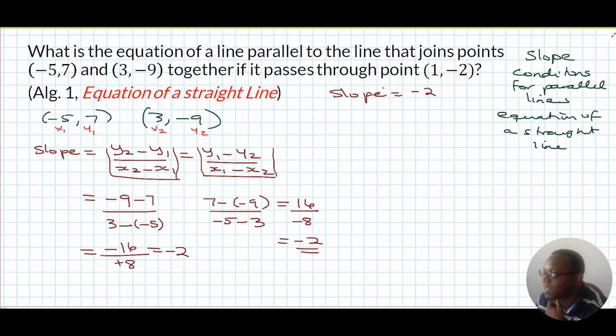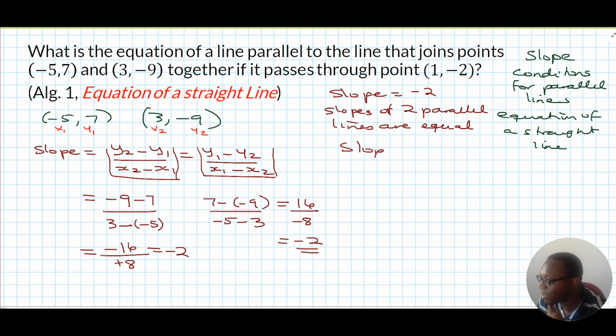Now we need to ask ourselves a question: what are the conditions for two lines to be parallel? If two lines are parallel, their slopes are equal. That's what you need to know here. Slopes of two parallel lines are equal. So that means the slope of the new line, we call this m, is going to be equal to -2, and it passes through a point